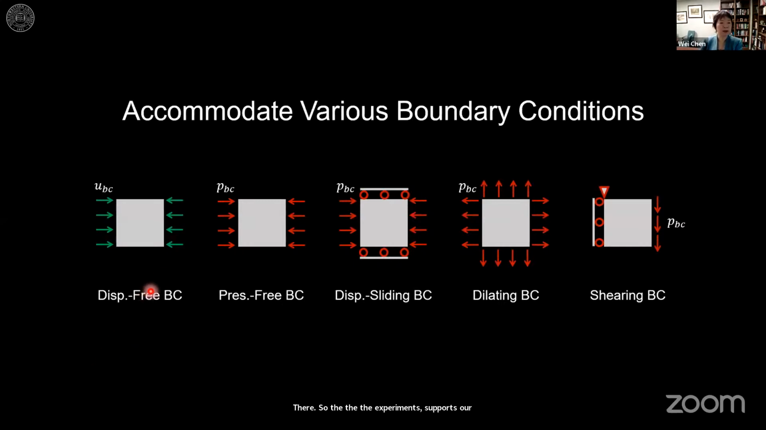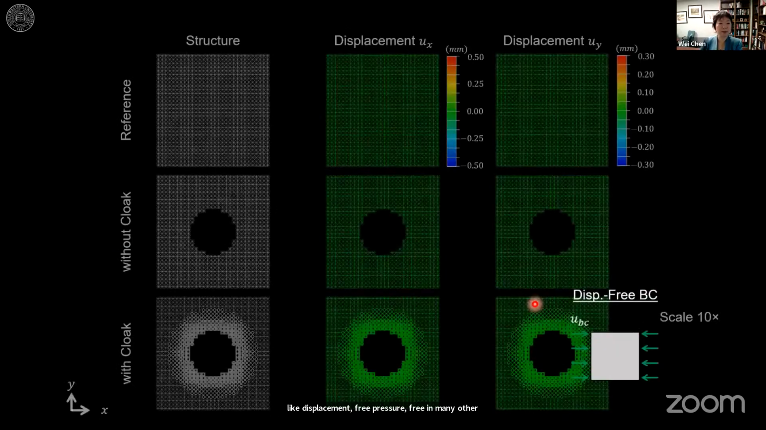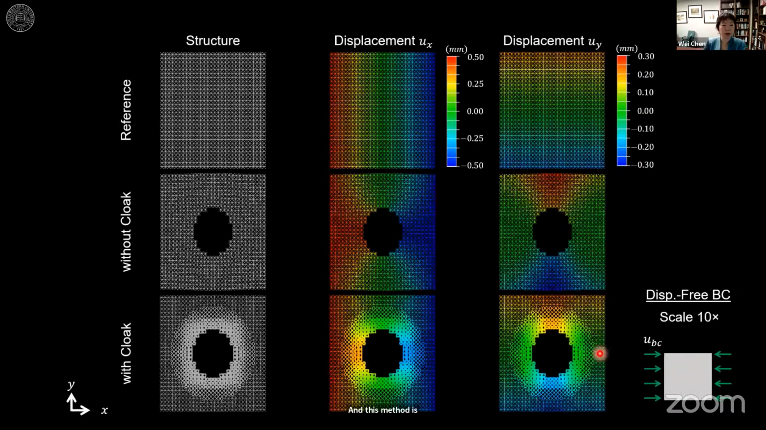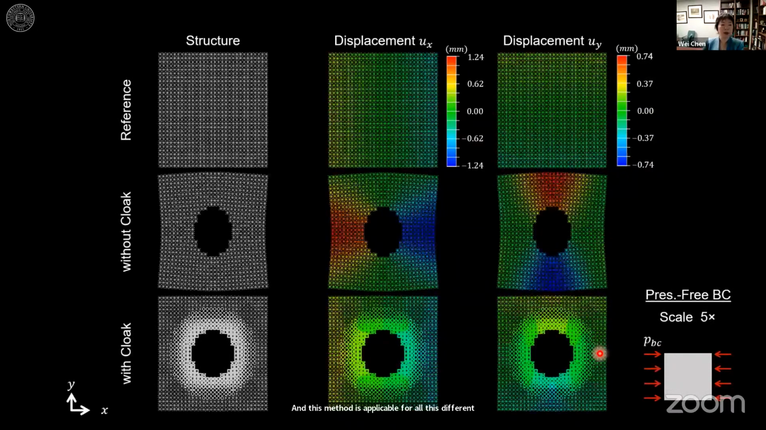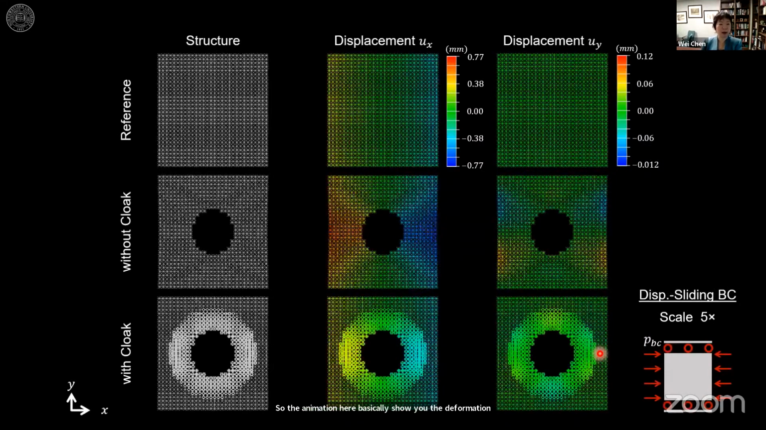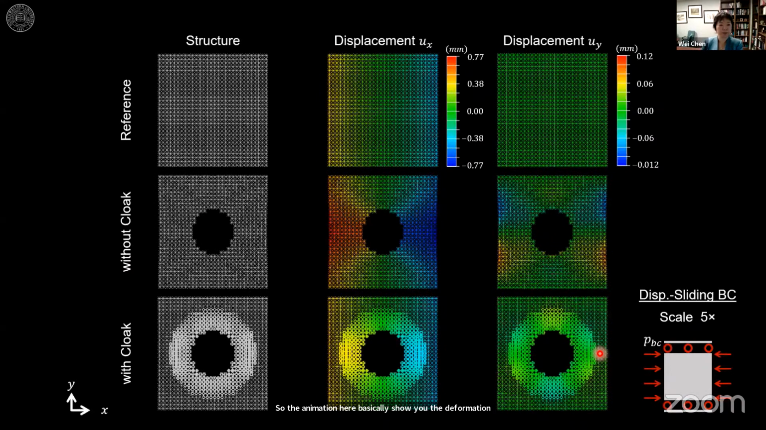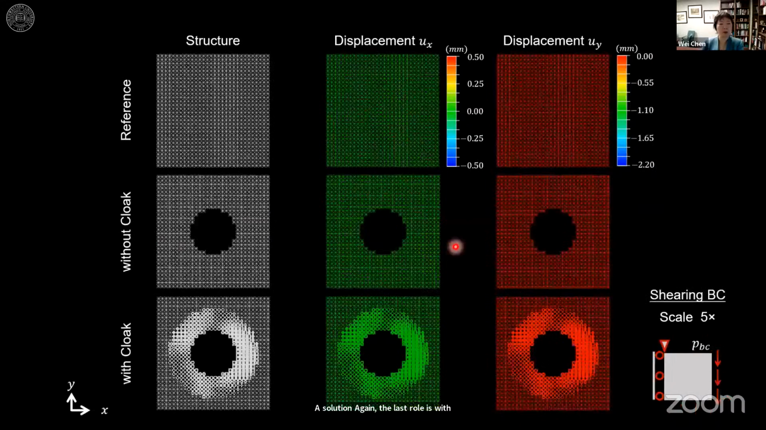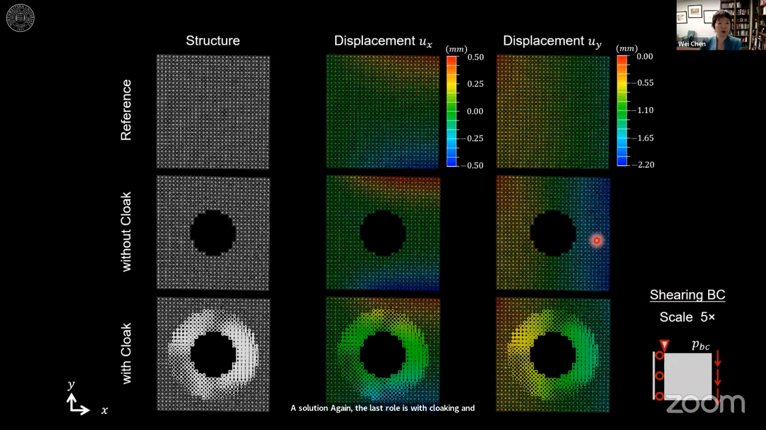We also applied various different boundary conditions, like displacement-free, pressure-free, and many other examples that you can see here. And this method is applicable for all these different scenarios. So the animation here basically shows you the deformation after the load and how close they are to the reference solution. Again, the last row is with cloaking, and the middle row is without, and the top row is the original